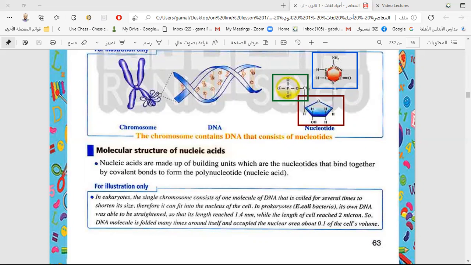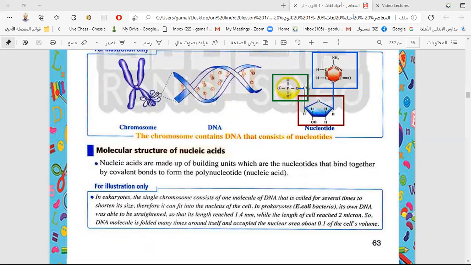So we have 2 covalent bonds. We have a covalent bond here between carbon atom number 5 and the phosphate group, and we have a covalent bond here between carbon atom number 1 and the nitrogenous base. Okay,